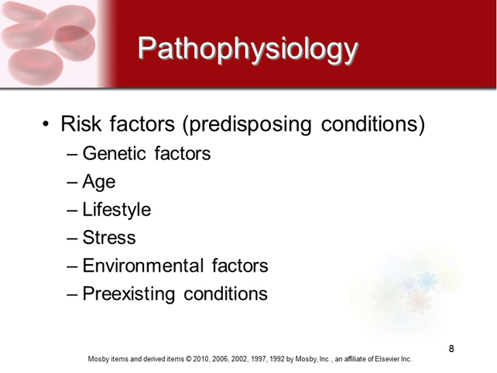So some risk factors, some predisposing conditions, are going to make you more likely to get sick or get one of those different types of mechanisms that are altering your ability to maintain homeostasis. So there are genetic factors. That would be genetically transmitted disorders, things that are passed on from generation to generation. Age: if you remember from chapter 1, we talked about how the older you are, the less able you are to maintain your own internal environment. So your ability to maintain homeostasis decreases.